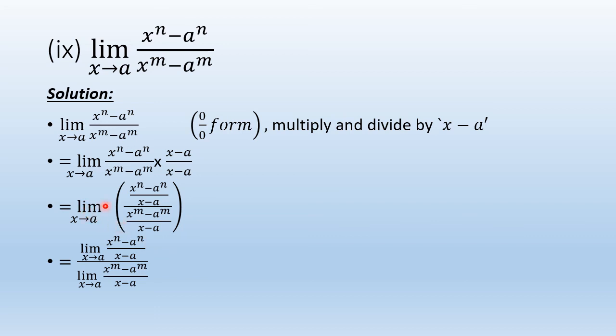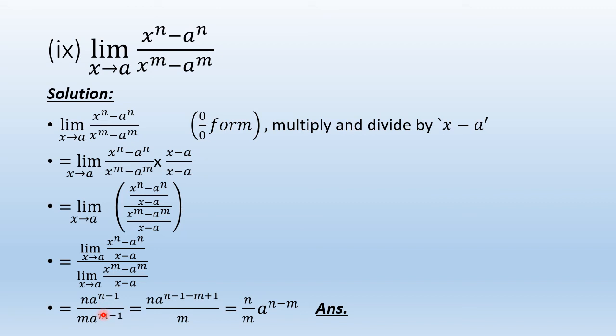So we apply this limit separately on the numerator and on the denominator. This result becomes n into aⁿ⁻¹, and this result becomes m into aᵐ⁻¹, by using the result proved on page number 19 of your book. And we have got this result. Now just simplification. We combine the powers of a. We bring this m − 1 to the numerator, and we get n into a to power n − 1 − m + 1. This n by m is written here and a to power n − m is here, and this is our answer, and that completes the result.